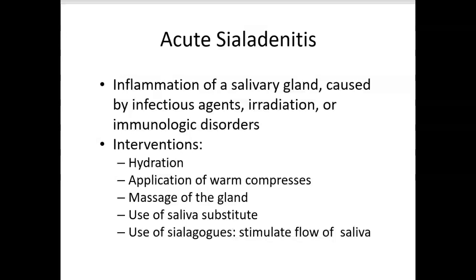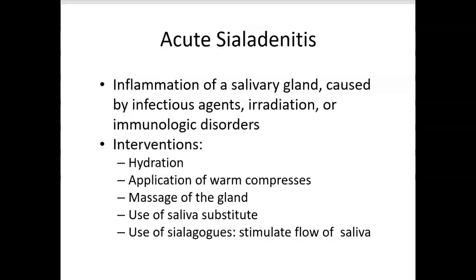Assess facial function because the branches of cranial nerve 7, the facial nerve, lie close to the salivary glands. Fever and general malaise also occur, and purulent drainage can often be massaged from the affected duct in the oral cavity. Collaborative care includes the administration of IV fluids and measures such as these to treat underlying causes and increase